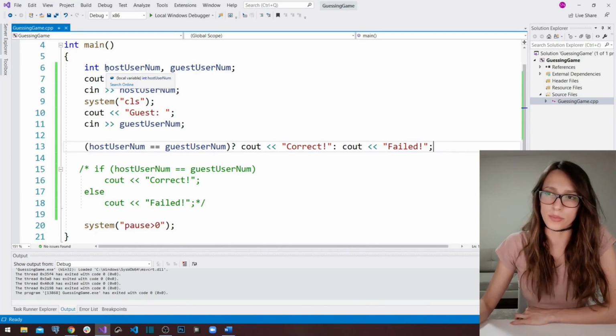Another way to upgrade this program is to make it easier to your guest user. And how do I mean easier? Well,